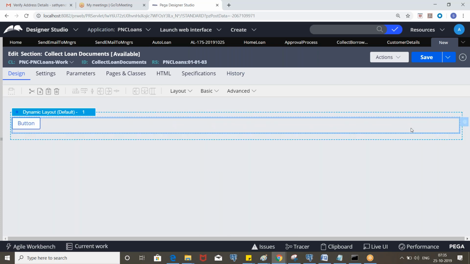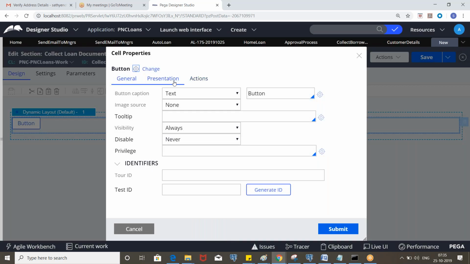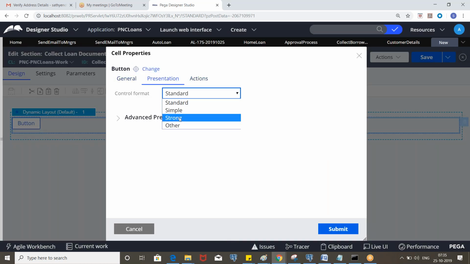Okay, so this is the button control, and make it strong. Okay, like how it looks like this.